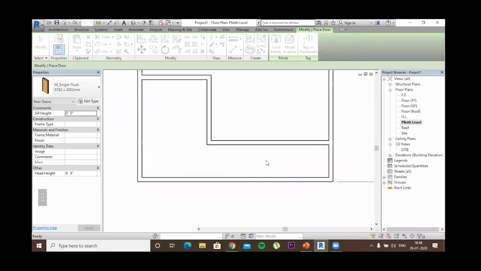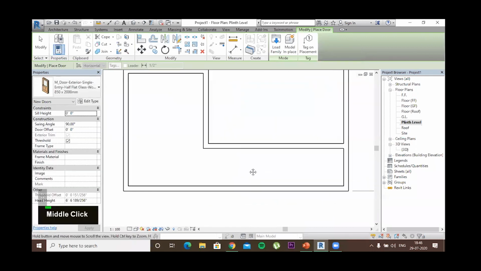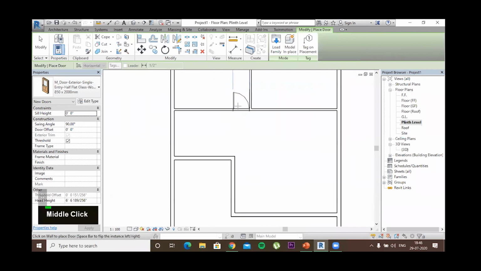When you select OK, it will take some moments to load, and now you can add your door. Just like the wall, to flip it over the axis, in the door also, if you press the space bar, it will change its orientation from left to right, interior to exterior.